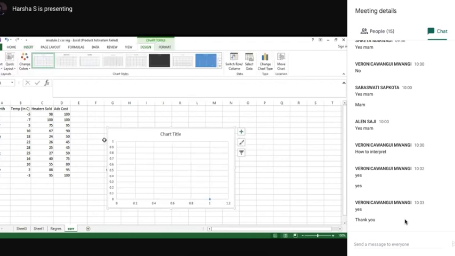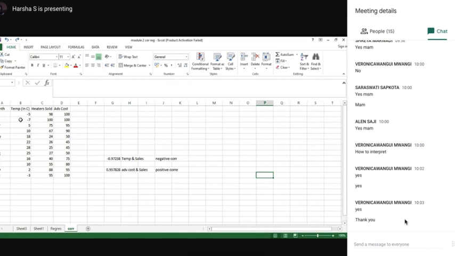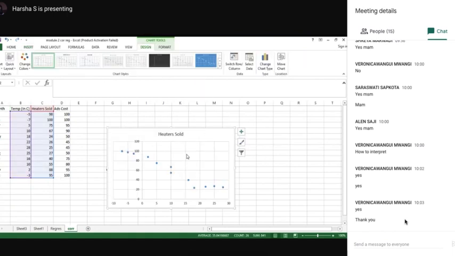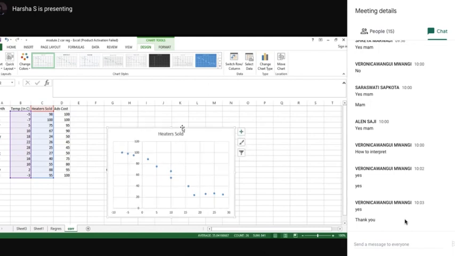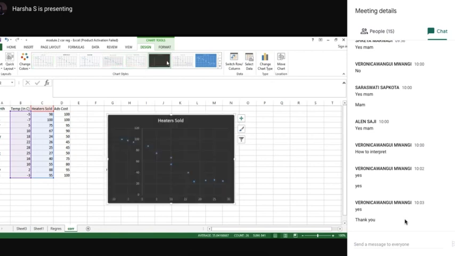I selected the data, the two variables, go to insert, and scatter diagram. So this is the scatter diagram. Now what is the scatter diagram? Again comes your basics of correlation. And you can select designs and make the interpretation.